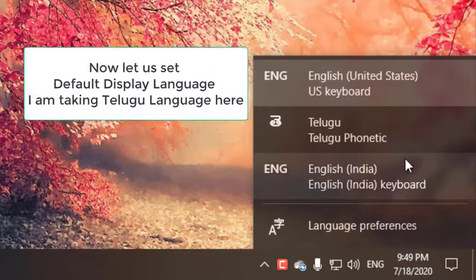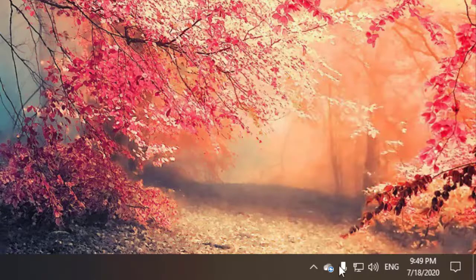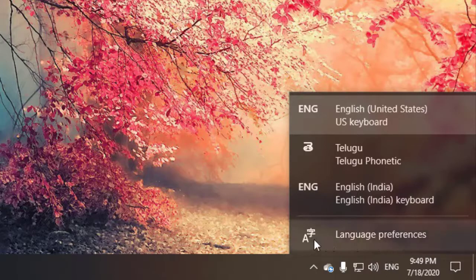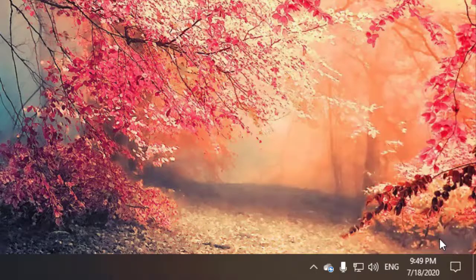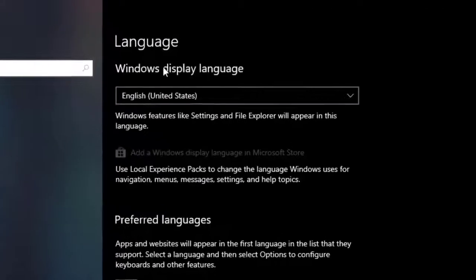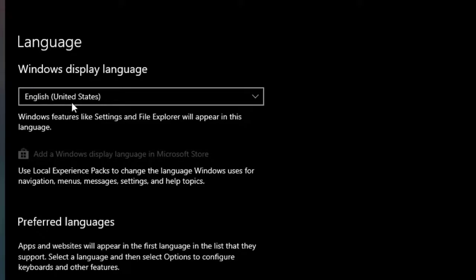Now let us see how to set this language as a default display language. For this we have to click this ENG button and select language preferences. Then in the language window, Windows display language has to be changed here. Here it is English United States.